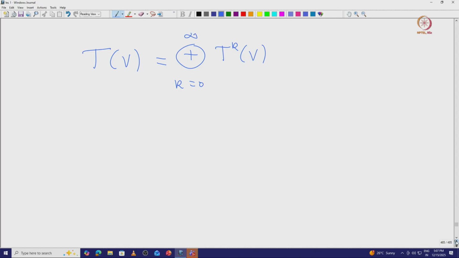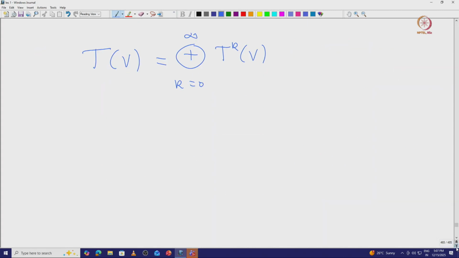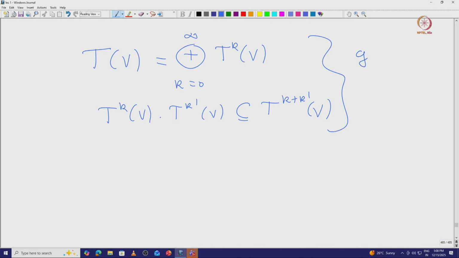From this we have a natural product on T(V) which takes a k-fold tensor times a k'-fold tensor to a (k+k')-fold tensor. You define the product using the above formula. So, T^k V times T^k' V sits inside T^(k+k') V. That is a natural product, and that makes this a graded